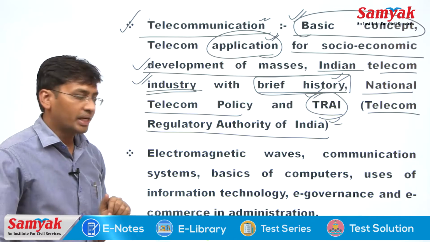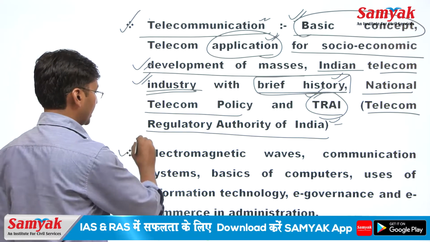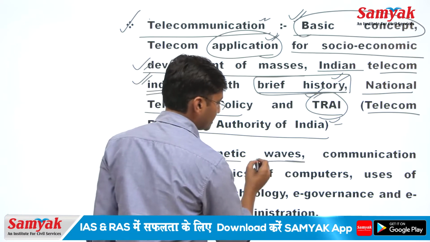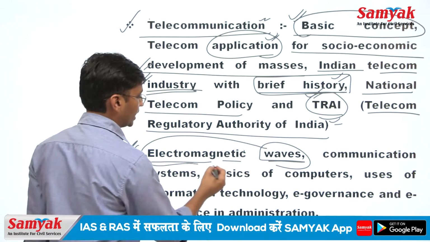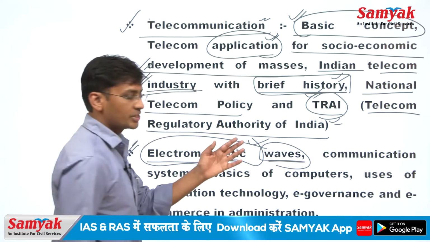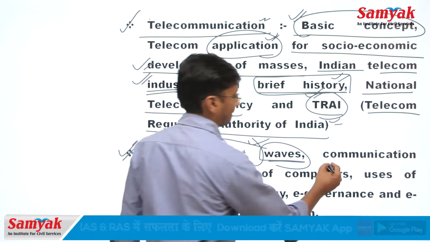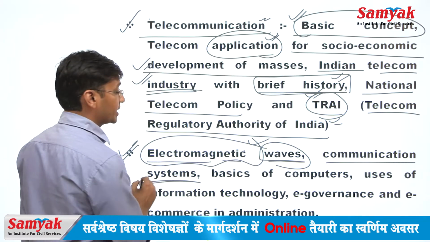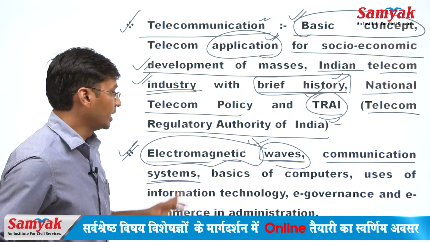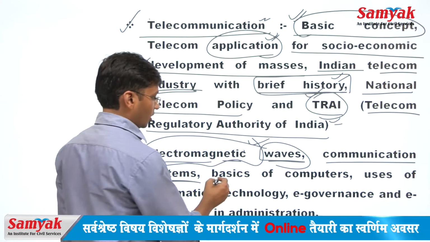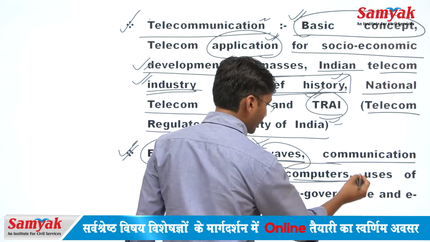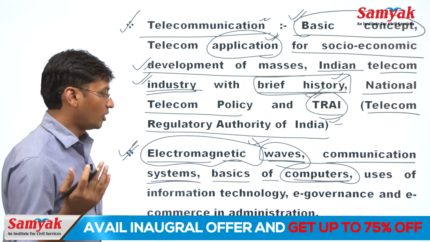The next is the electromagnetic waves and communication systems. Next is the electromagnetic waves, that is the basic concepts related to the electromagnetic waves. The next is the communication systems, means basic structure of the communication systems. Then basics of computers, all the basics related to the computers as well as the basic terminology of the computers,